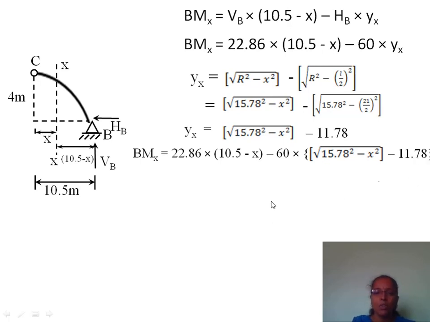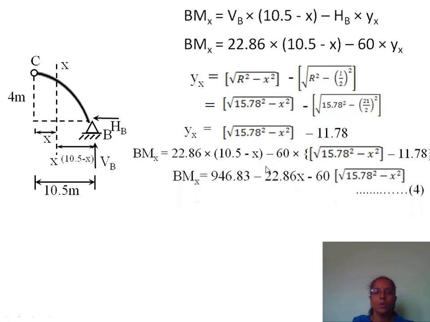Okay, so this is the equation for bending moment at any section X. To obtain the position of maximum bending moment, either positive or negative, we have to differentiate this equation with respect to x and equate it to 0. On simplification, the bending moment at section X is given by